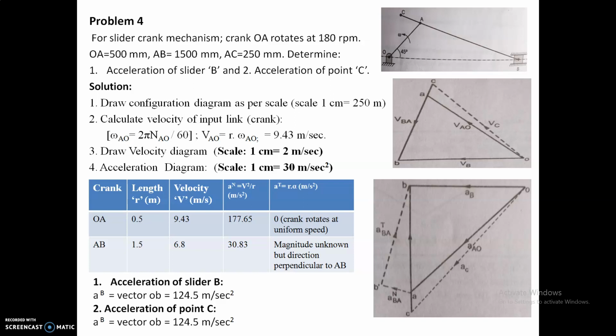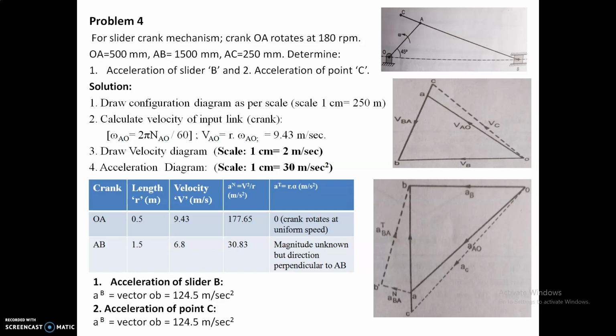Again, on the given connecting rod AB, the point C lies. So by using the same proportionate method, you locate the small c point on the velocity polygon. You connect this c point to the fixed point, then you will get the velocity of C. Now, after plotting this velocity polygon, the next one is the acceleration polygon.